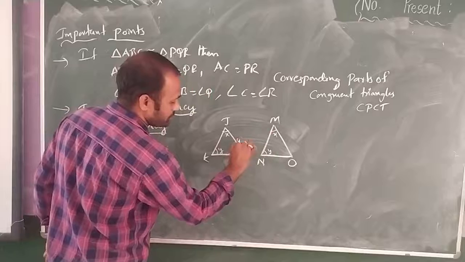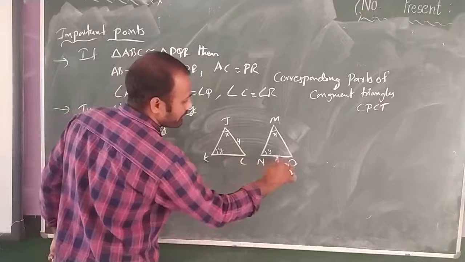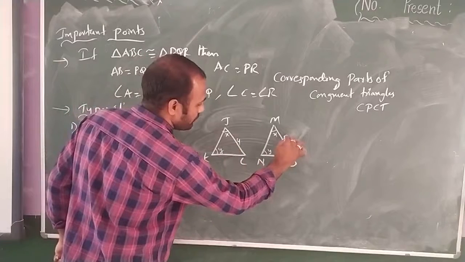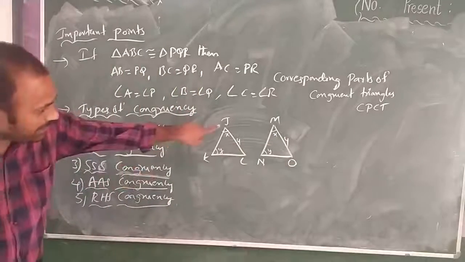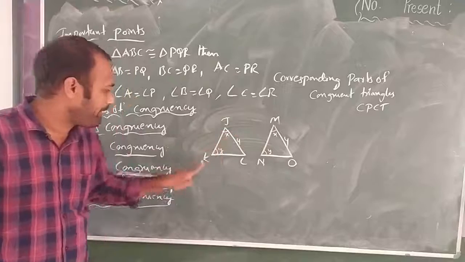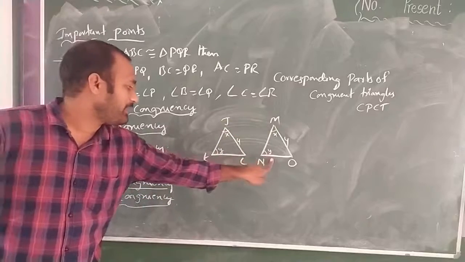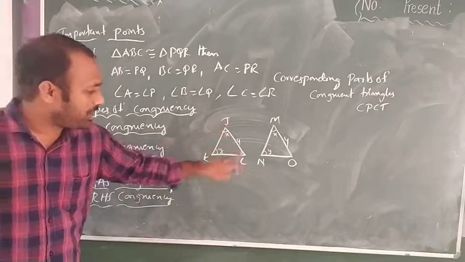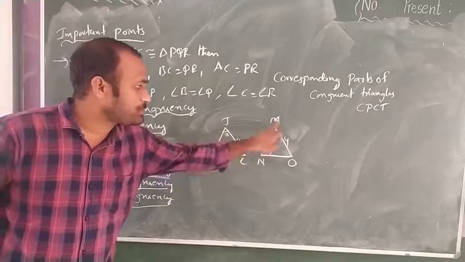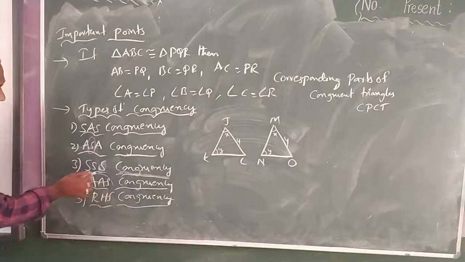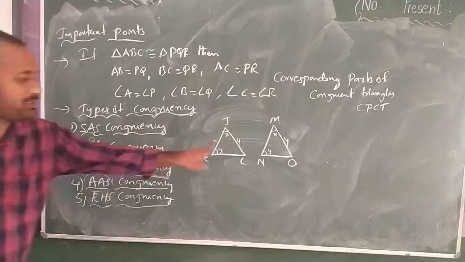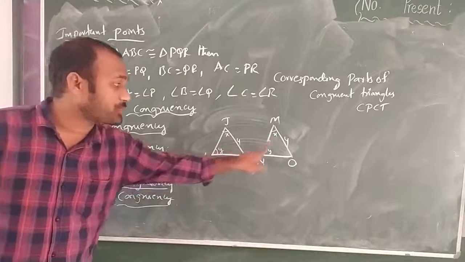Let us take this side as 4 centimeters, and here also we will take it as 4 centimeters. So here we can say that angle J is equal to angle M, angle K is equal to angle N, and JL side is equal to MO side. So by using the AAS congruency rule, we can say that triangle JKL is congruent to